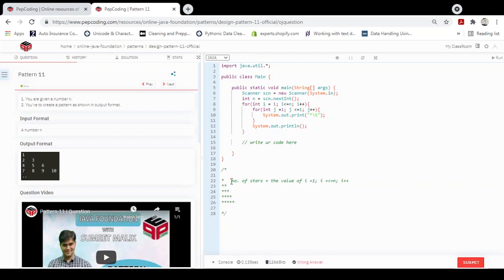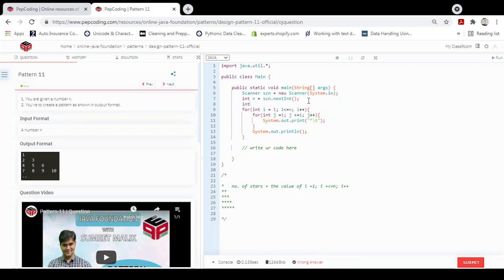So can I do one thing? Instead of star, can I print a value? Means print a variable val. Let's see how. See, I have initialized a val which is 1. So in the first line there will be 1. I'll print val plus, I'll print the space. Okay,